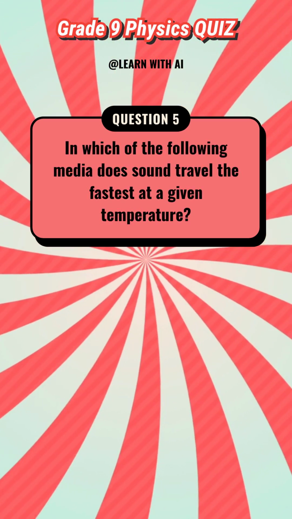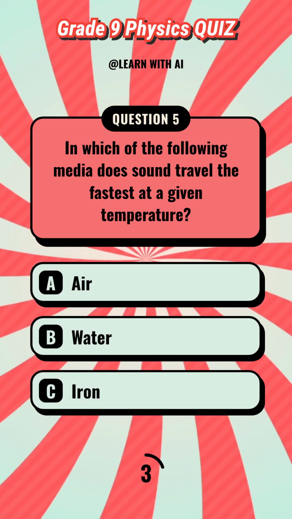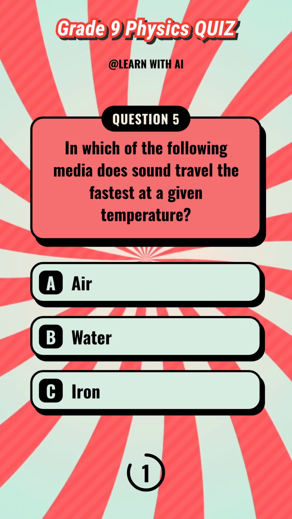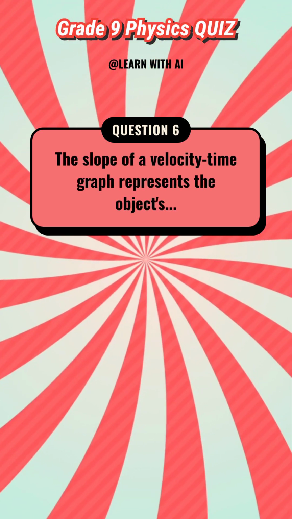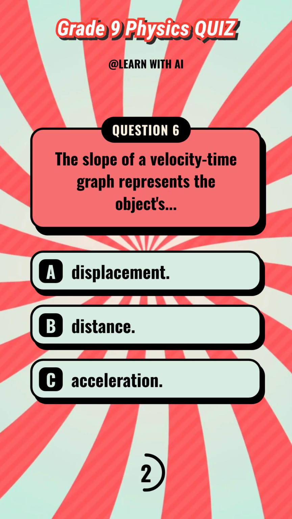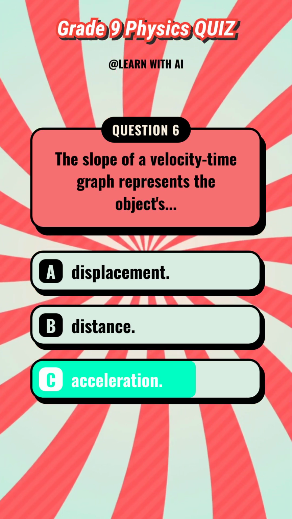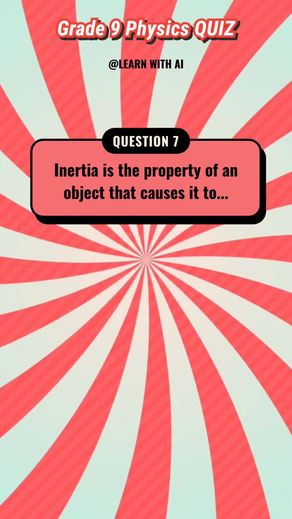In which of the following media does sound travel the fastest at a given temperature? The slope of a velocity time graph represents the object's. Inertia is the property of an object that causes it to